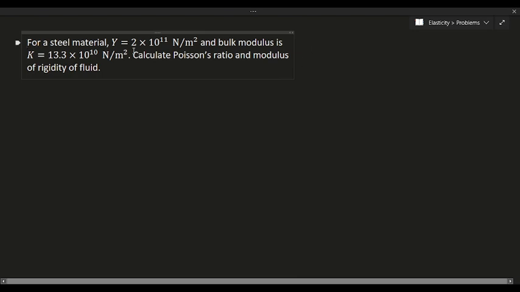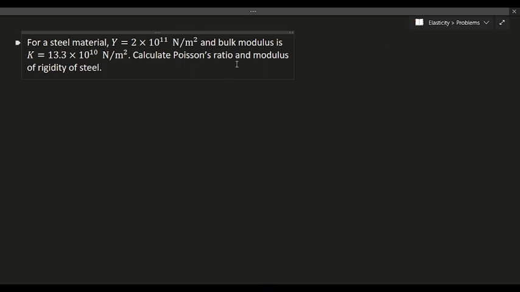A steel material has Young's modulus 2 into 10 raised to 11 Newton per meter square. Bulk modulus is also given. We have to find Poisson's ratio and modulus of rigidity of steel. The problem is simple. We only have to use the formula which relates Young's modulus, Poisson's ratio, bulk modulus and modulus of rigidity. We first calculate Poisson's ratio using the relationship